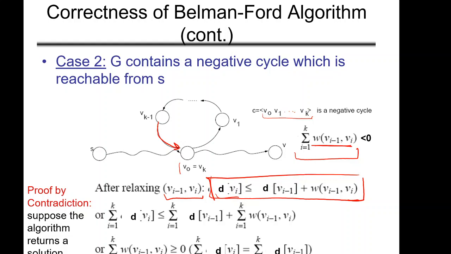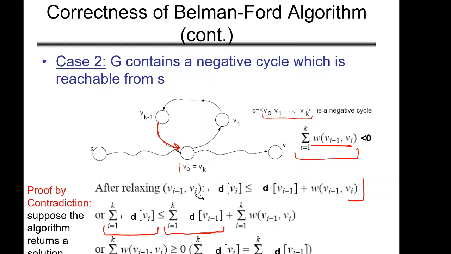Now to prove this, let's take the sum of the weights of all the edges which are there. So i equal to 1 to k, because there are k nodes, so we'll take the sum of all the estimated costs over there. This is the inequality. We come down here and take the sum on both sides, right? Now you see that this term is actually equal to this term. Why? Let me elaborate this a bit.